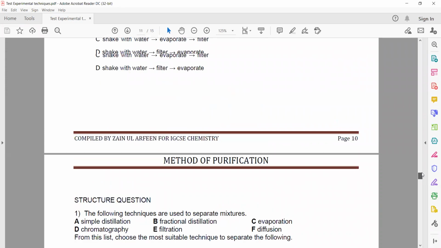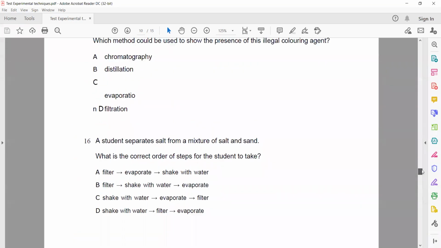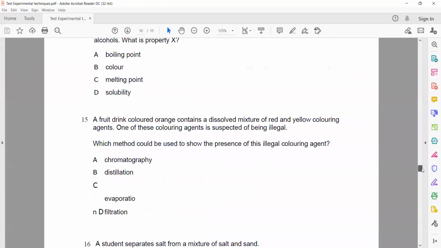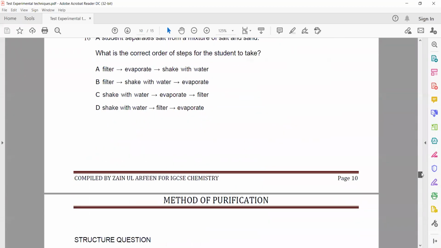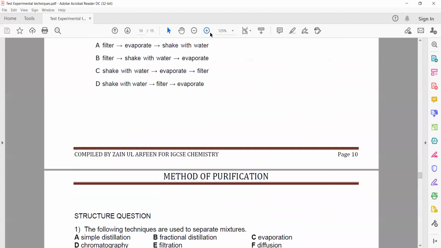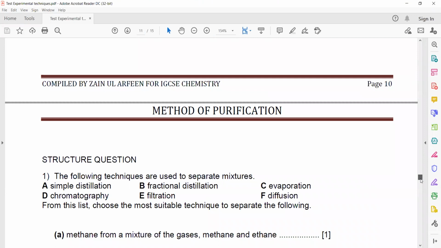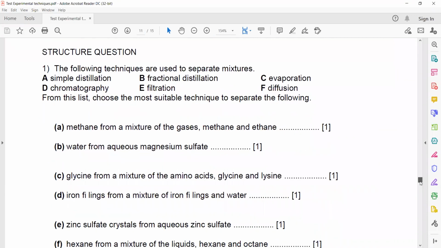So these are the 16 MCQs. Anyone having a doubt or want me to repeat any question from 1 to 16? Or at the last, I will repeat if you want any MCQs. I will continue the discussion. And at the last, I will repeat if you have any doubt or any question you want me to repeat.